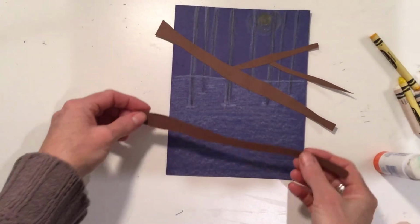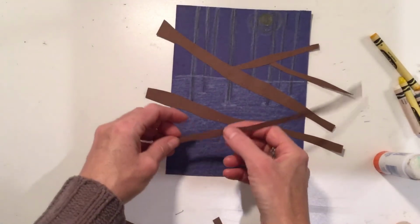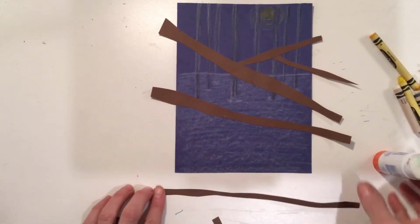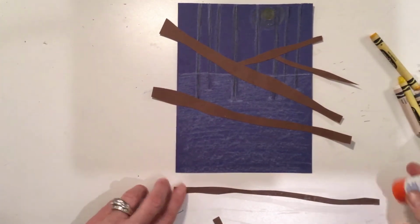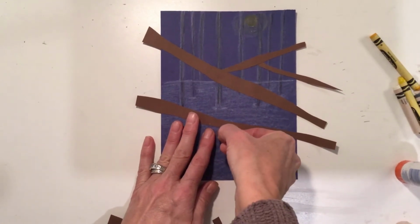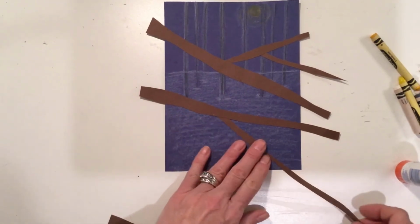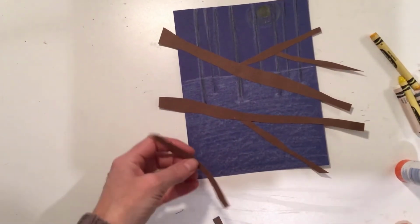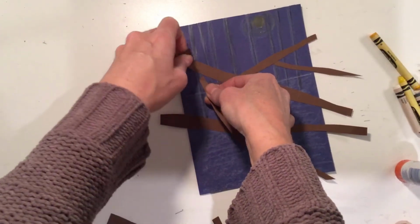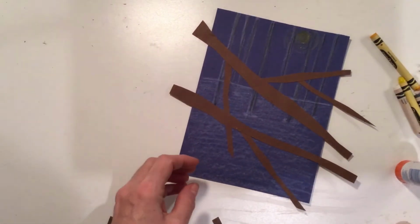Rub it with my glue stick and smooth it down. And then I have some thinner branches. Maybe I want this one kind of coming down here. So I'm going to put my glue, and then I'm going to try to slide it underneath here. I can't really slide it, but since I just glued this one, I'll slide it underneath like that. And I still have a good amount on that one. So maybe there's a branch. Try to slide it under there a little bit. So I've got another branch,